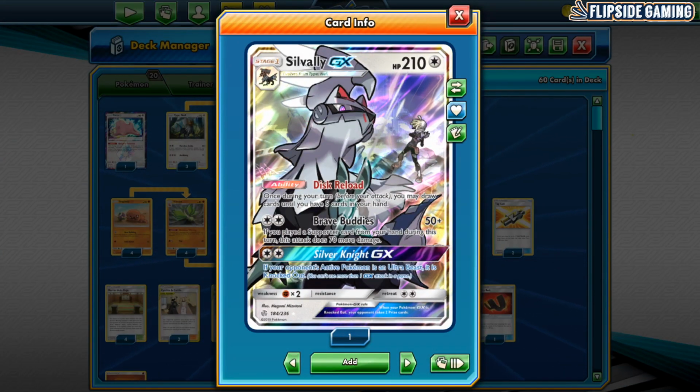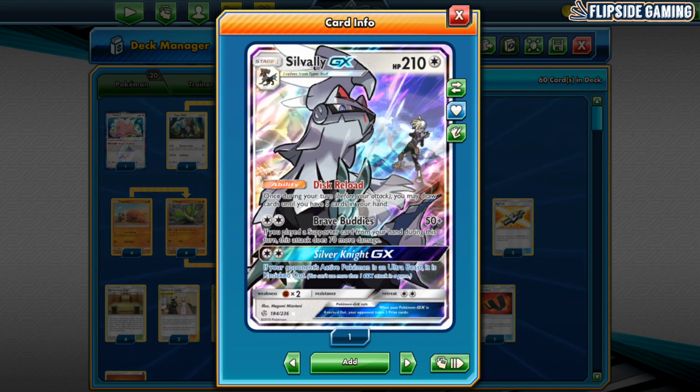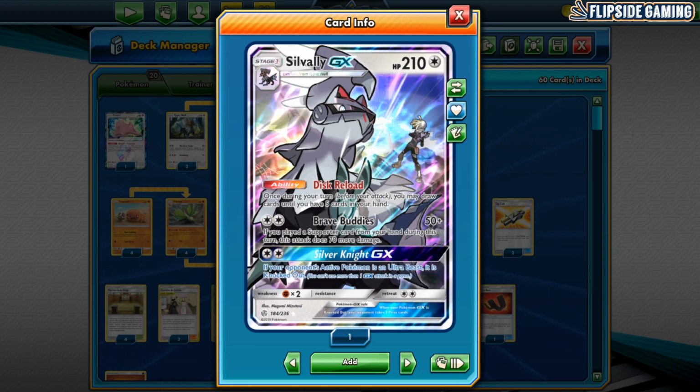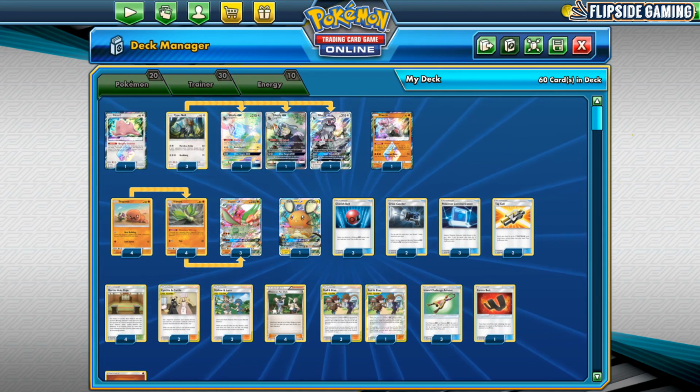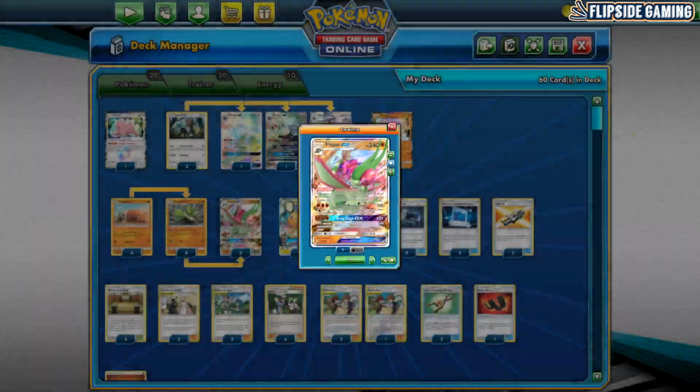Which means they could go Distortion Door, 1 damage counter onto it, and then Cross Divide, 10 damage counters to the Silvally, knocking out a 110 HP Pokemon but taking 2 prizes. So Island Challenge Amulet can be tricky on the Silvally, but I think it's actually very, very good on the